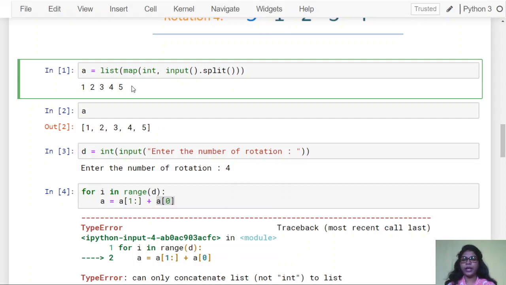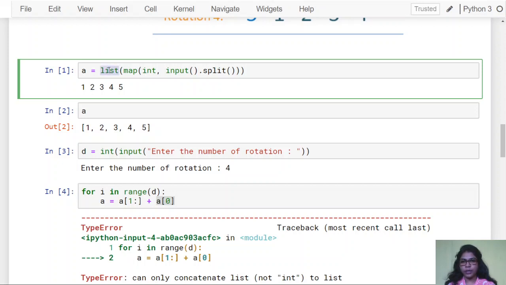So in Python, we are having the map function. What will the map function do? The map function will take one by one input from any sequence, and then it will apply some function, and the result will be in the form of a sequence. So here we are using the map function, and our function is int because we need to convert those numbers into integers. Here this is nothing but a list, because input dot split will give you output in the form of strings, and one by one 1 will be converted into int, 2 will be converted into int, 3, 4 and then 5.